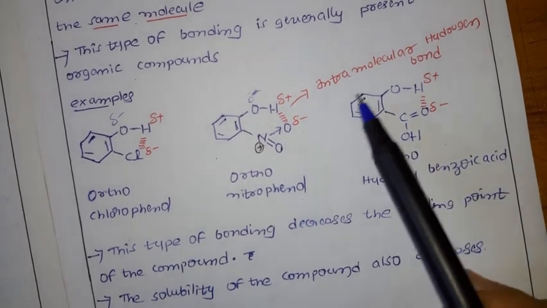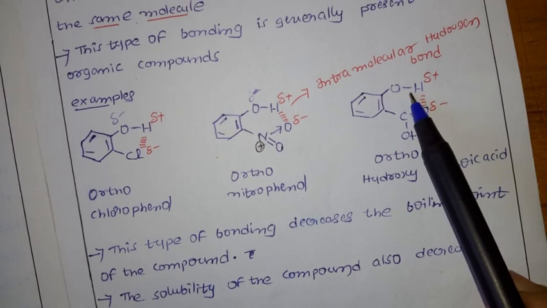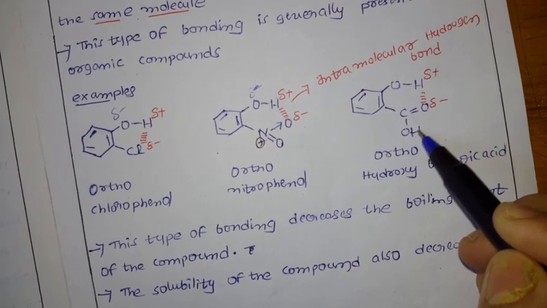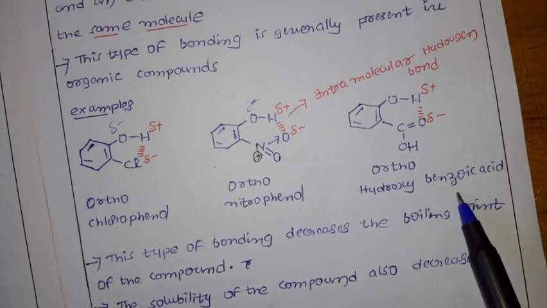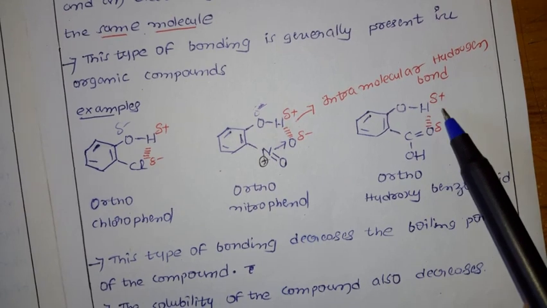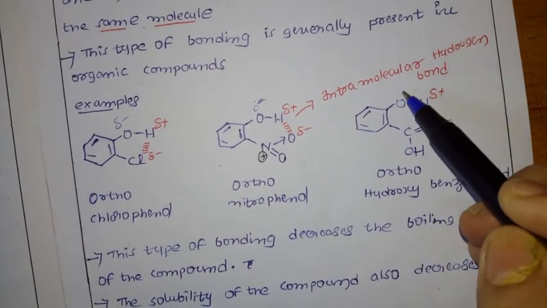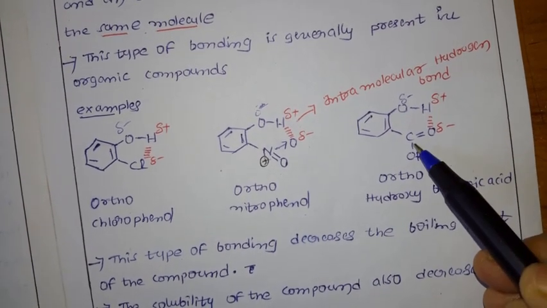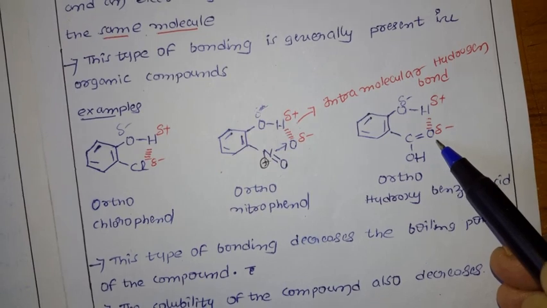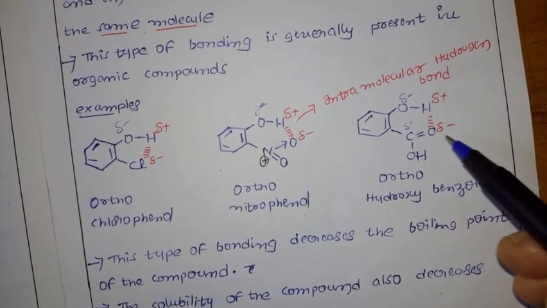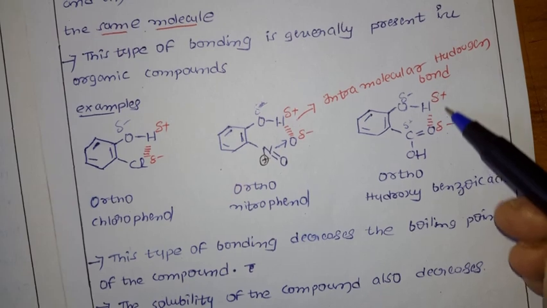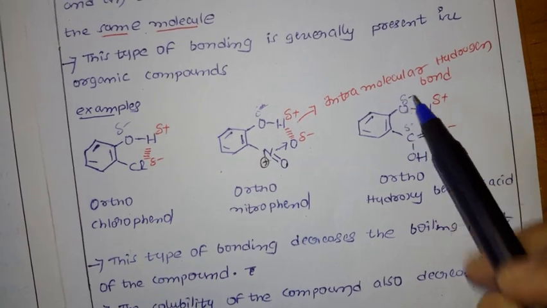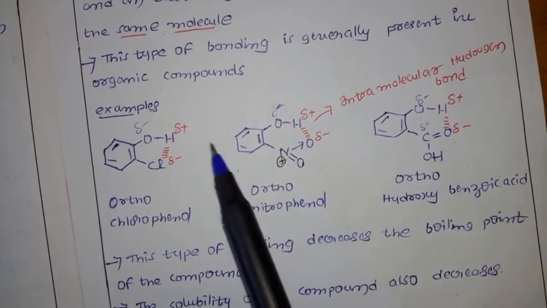Next, what molecule do we have? Orthohydroxybenzoic acid. This is a benzene ring having the OH group and C double bond OH, nothing but the acid group. This is called orthohydroxybenzoic acid. So here also, this is a polar covalent bond, with oxygen having partial negative and hydrogen partial positive charge. Between carbon and oxygen, oxygen has the higher electronegativity, so it gets partial negative. Now you get the bond between these two elements. It is called what? Intra. Why? Because in all these cases we discussed what happened.